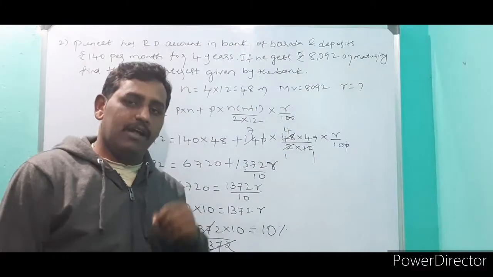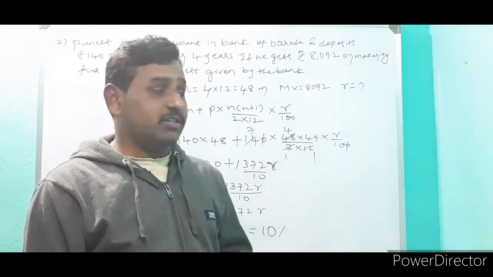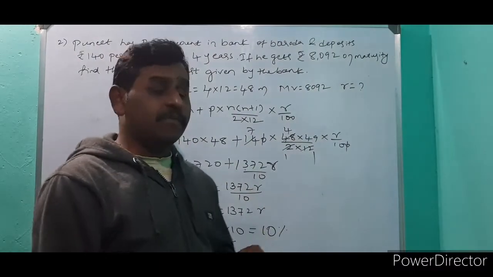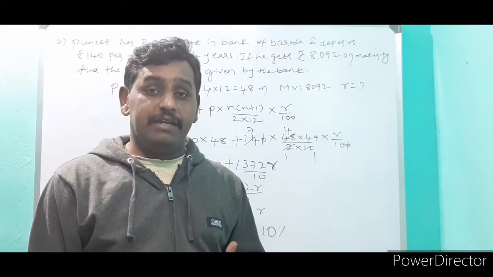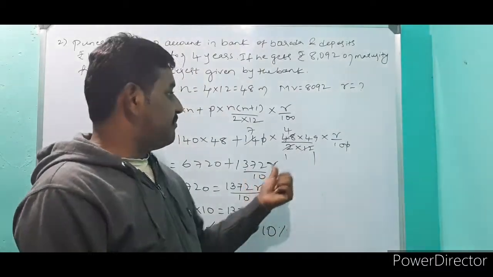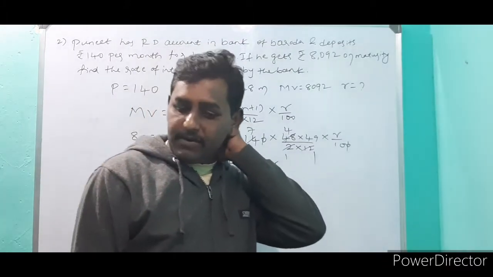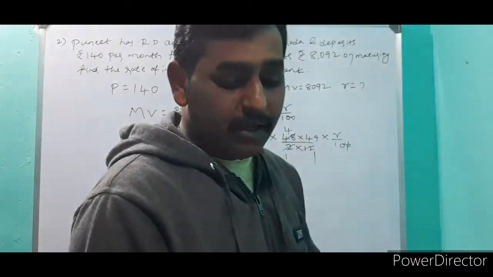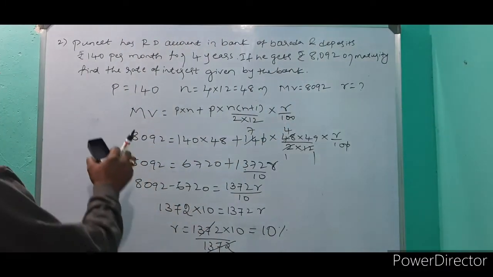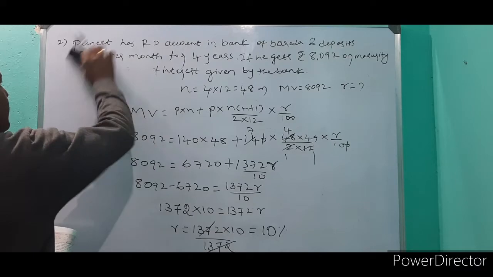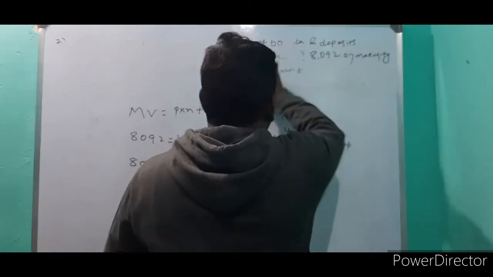So first you learned for maturity value how to find, the first two problems in the last class. In today's class, in the first problem we learned how to find the sum paid each and every month, and in the second problem we found the rate of interest. And next we will go to find the number of months. We already found all the P value and R value. Now we will move to how to find